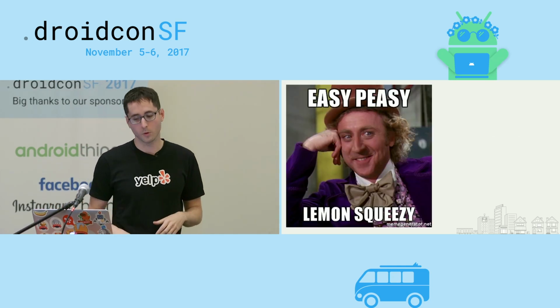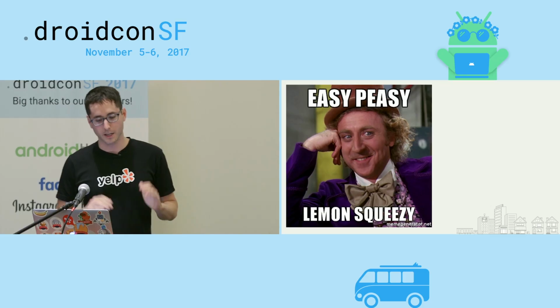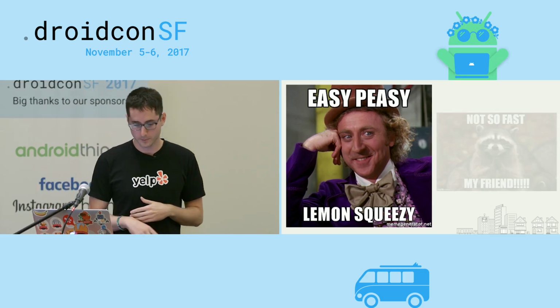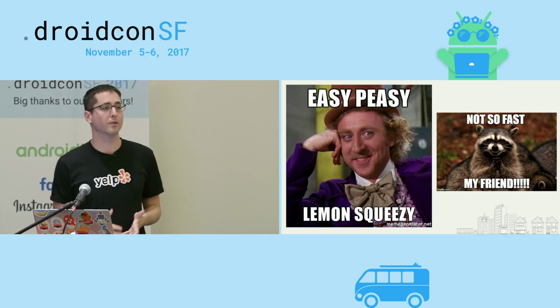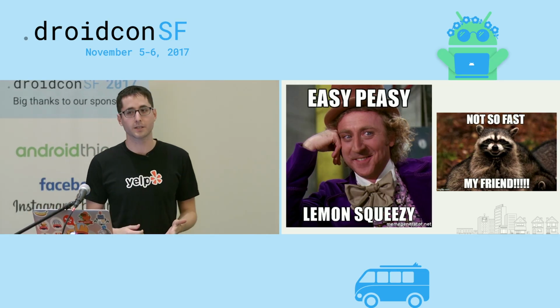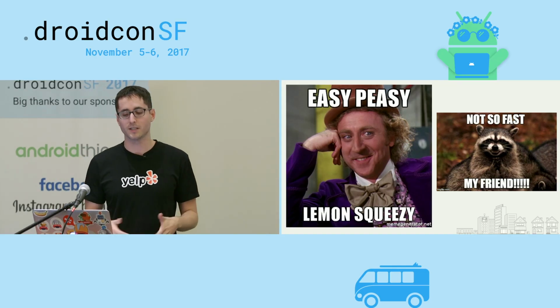So now you're like, cool, easy peasy, lemon squeezy, I got this, I know hashing functions, I'll just call the MD5 and we're good to go. And the raccoon says not so fast, my friend, because there's actually a lot of errors that you can run into with your bucketing system if you're not conscious of how you're actually ramping up your experiments and allocating users